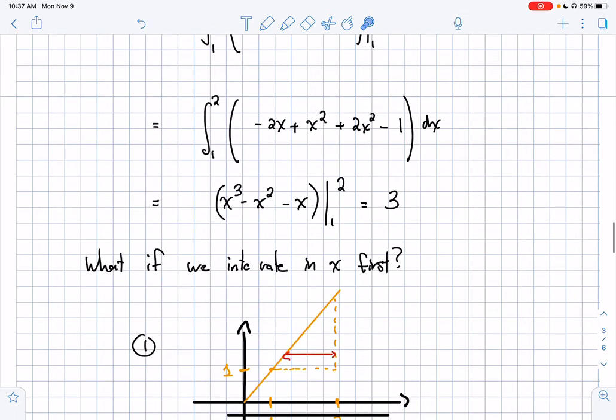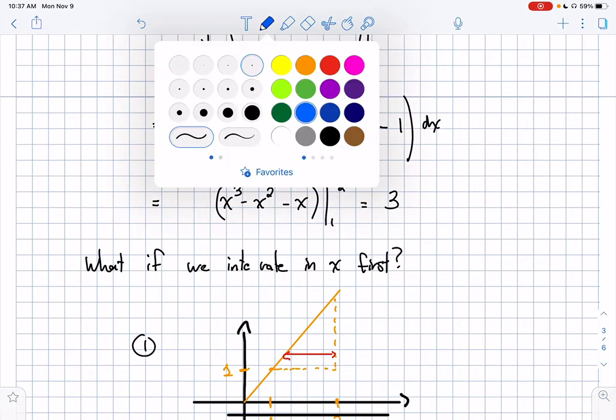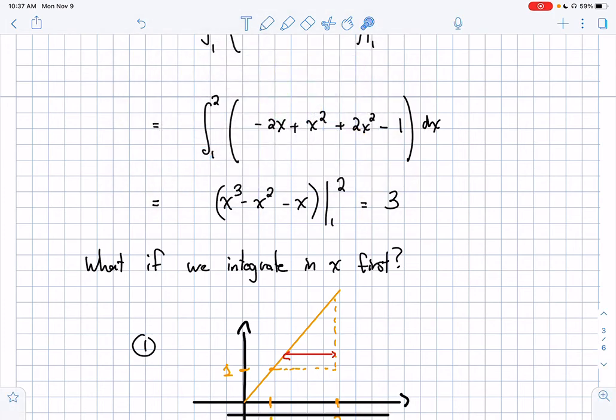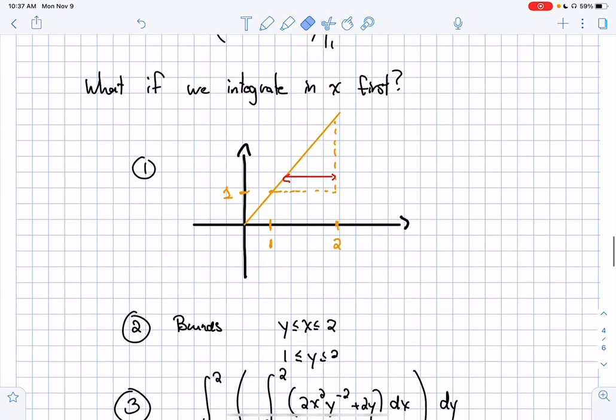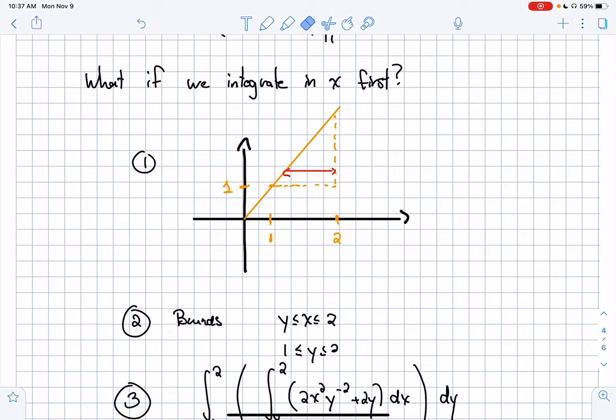Now let's do the opposite. What if I want to integrate in x first? Well, so I do again, I draw my region. It's the same region. The only difference now is I decide, instead of fixing x and integrating y, now I fix y. So I first fix y, okay? So let's say, for a given y,